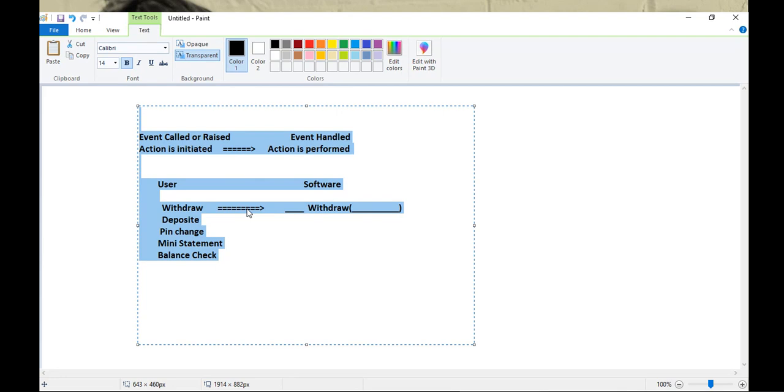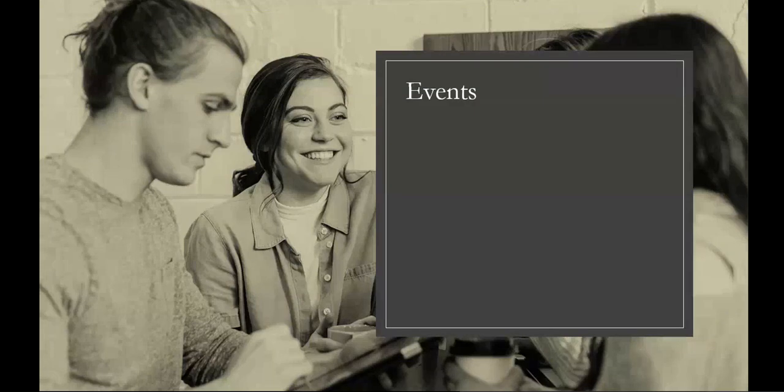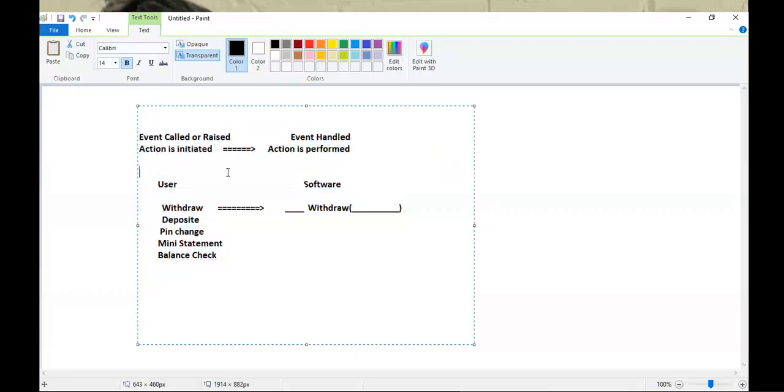Yes? Hello? Yes, sir. So I just created some example here, a real life example. As I told you, we'll be discussing technical terms tomorrow, but still you should know how a delegate is acting as a binder, or how a delegate is acting as a bridge in between these two.